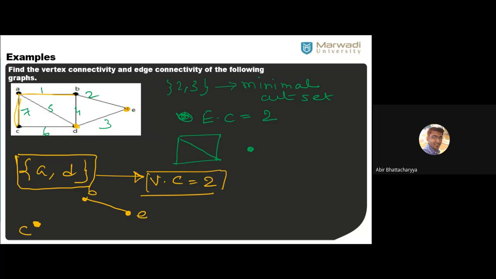BC. If you remove B and C, Nakibullah asked BC. Is BC possible or not? Tell me. If I remove B and C. I told you, BC means if I remove B, I have to remove this edge. Whenever I am removing C, I have to remove this edge. So still it is connected, Nakibullah. Even this edge also. So still it is connected graph. So BC is not possible.